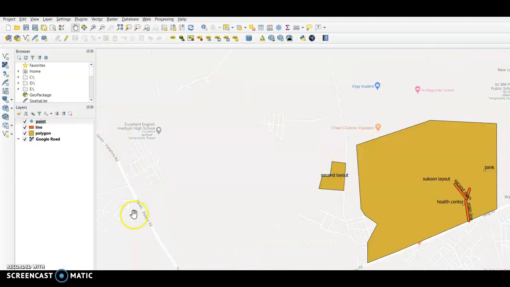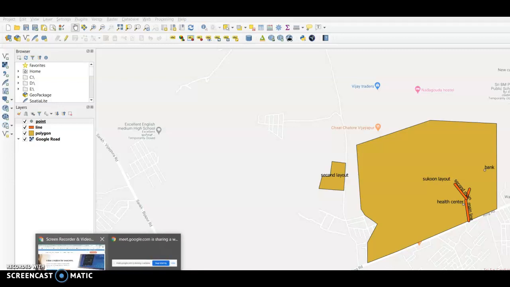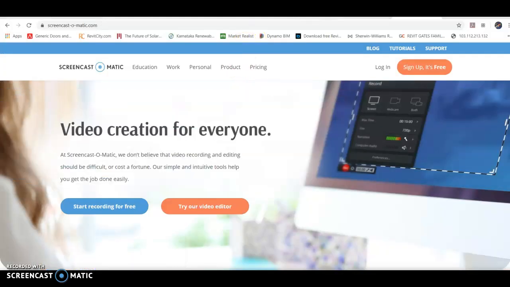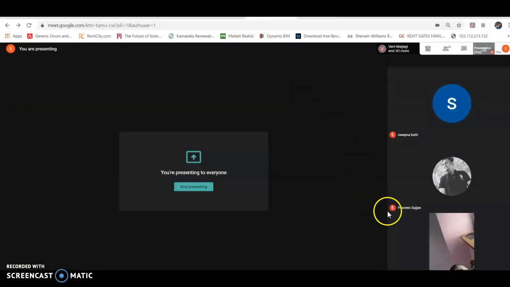So if you have any doubt, you can ask me a question in the chat section, or you can open your mic and ask me a question. Do you guys have any doubt? I'll take one more session. In that session, I'll explain how to generate the maps. Right now, we have only drawn the map.